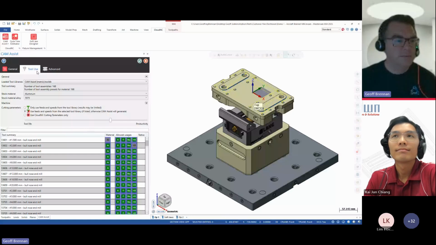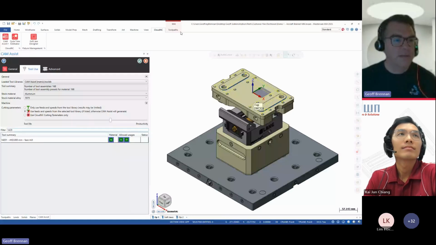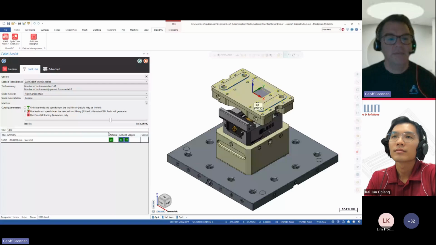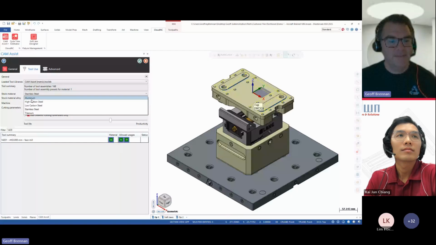So there it is there. For aluminum, if I look at high carbon steel, it doesn't have a preset. And then if I look at stainless, it should have the preset again. So we use that blue border to show if there's a preset.